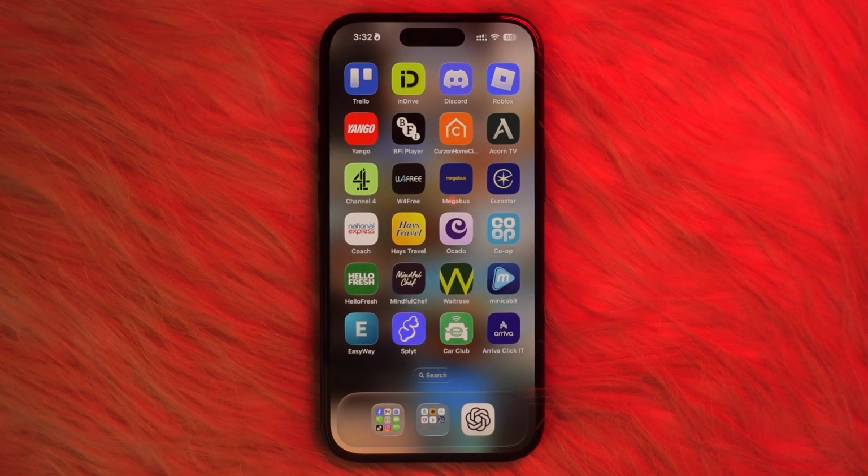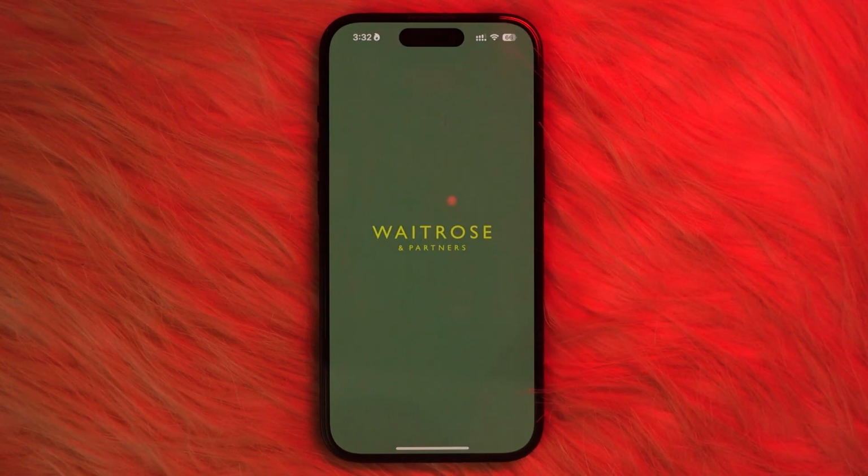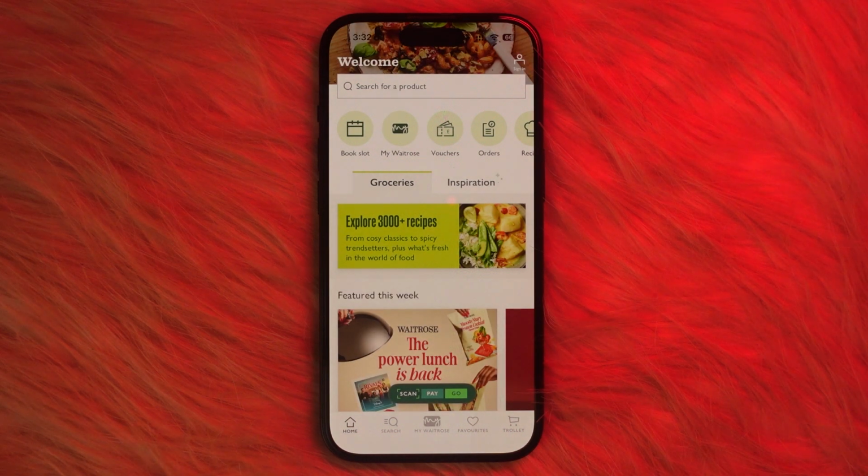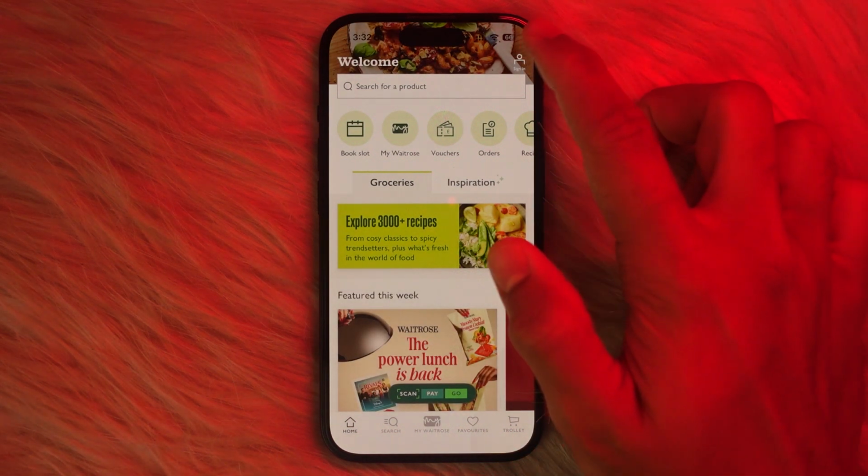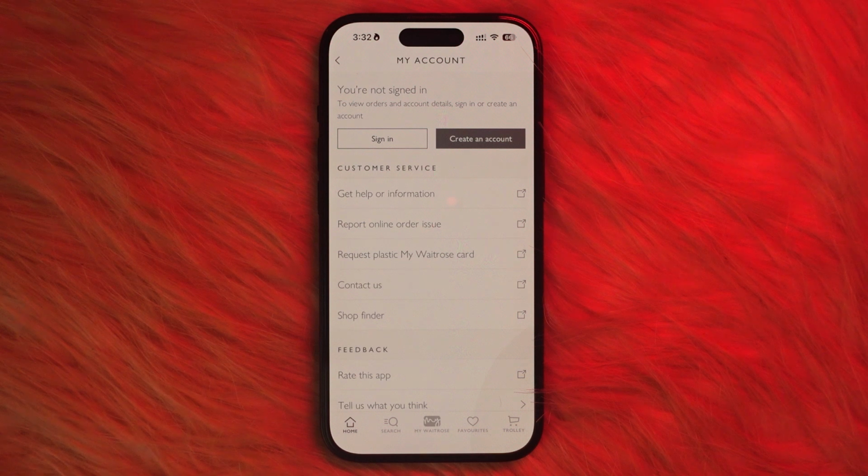How to get a refund on Waitrose application. First, you want to open the Waitrose app, and here you will see a page which will look something like this. So you want to simply tap on this profile icon over here,